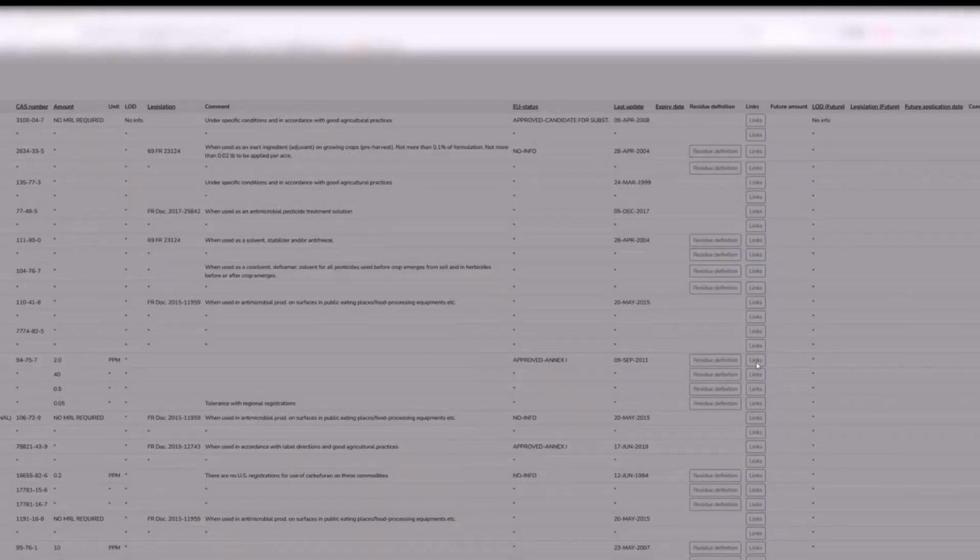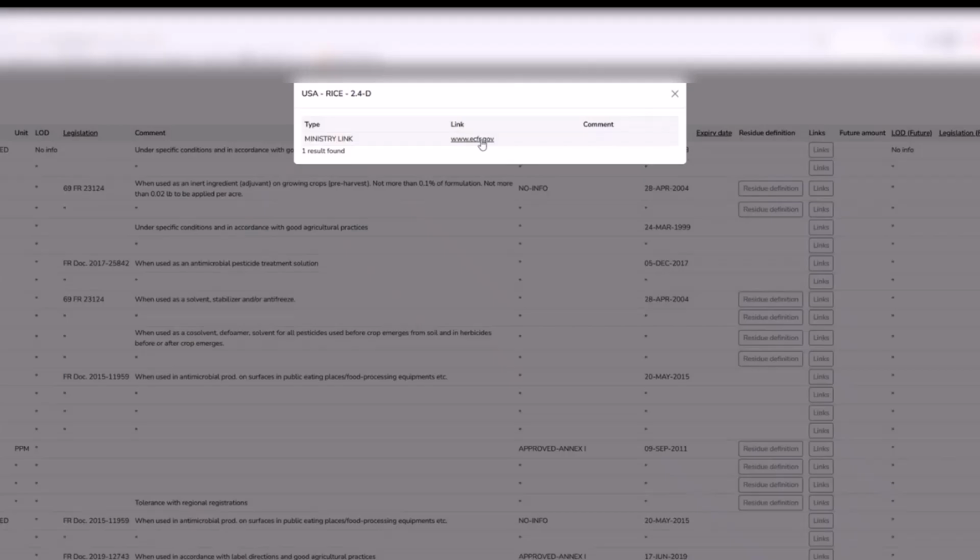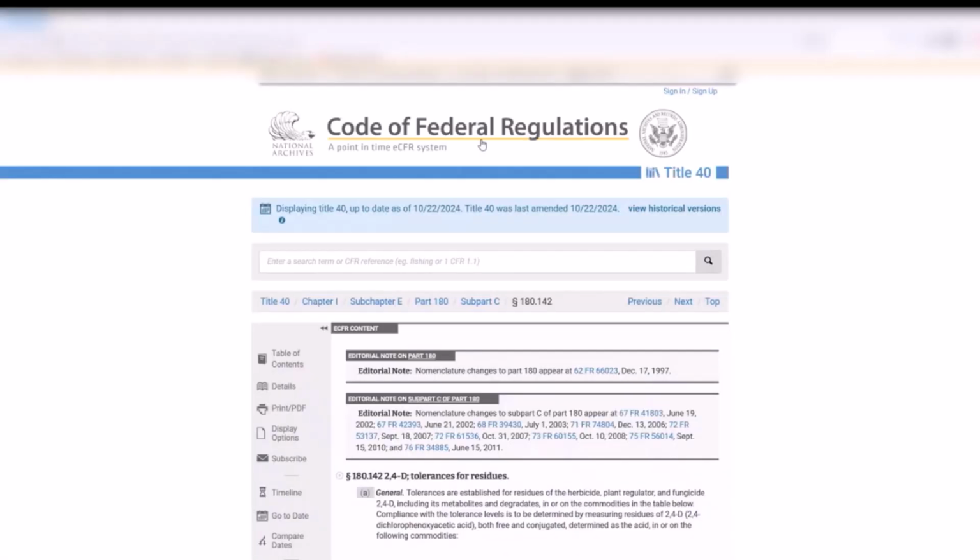If I click here on this link, it will take me exactly to that point in the legislation defining the values for 2,4-D. As you can see, we are in the Code of Federal Regulations in the US, Title 40, Chapter 1, Subchapter E, Part 180, Subpart C. This is where 2,4-D is defined for rice among some other crops over there. This is how useful Homologa will be, because you are actually going to be able to go exactly to the